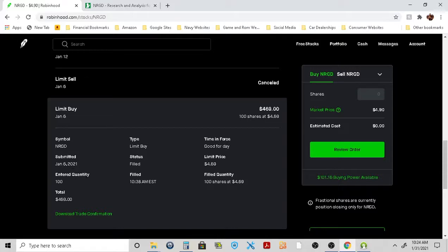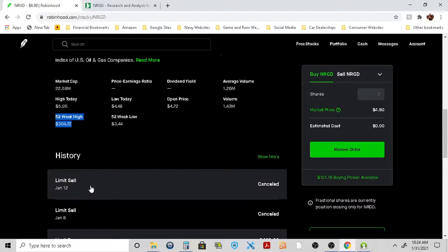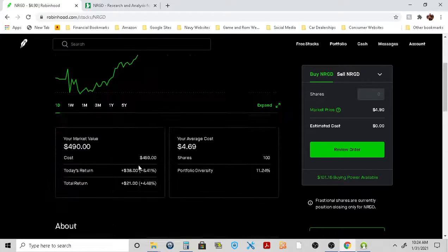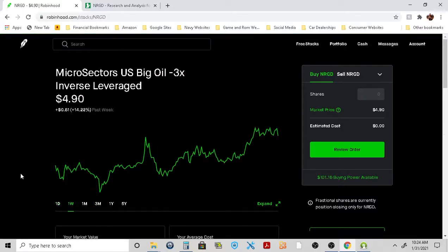Whatever date January 6th was, whatever date that was, we purchased, and we pretty much have been holding on ever since, right? So we'll go back up here. That was a daily chart. We'll click on the weekly chart, and in the weekly chart, it shows that we're up by 61 cents overall,